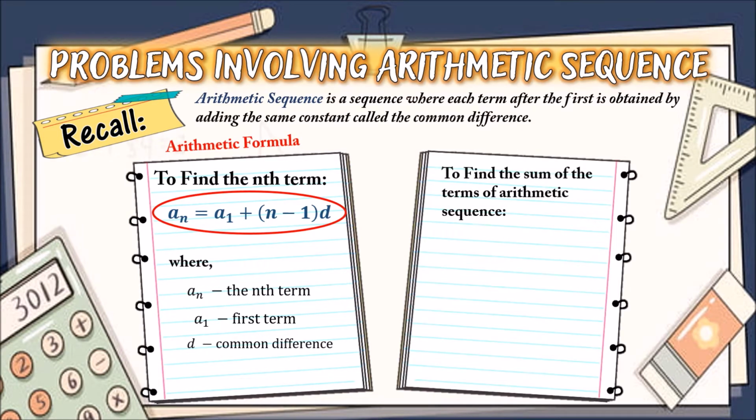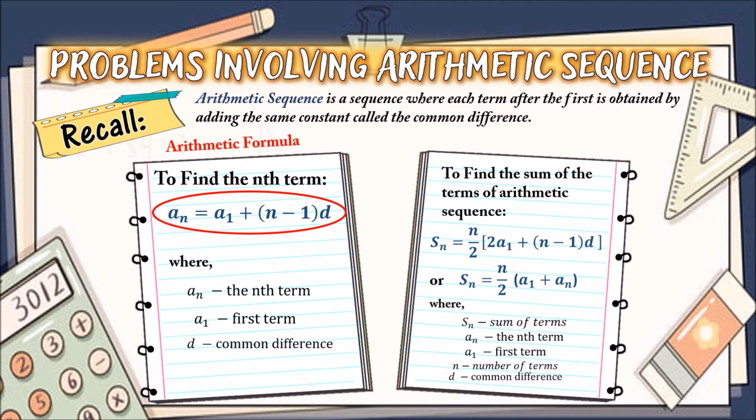So, napag-aralan din natin sa mga nakaraang module kung paano hanapin ang sum of the terms of arithmetic sequence. Meron tayong formula na s of n is equal to n over 2 times the quantity 2 a sub 1 plus the quantity n minus 1 d, or s of n is equal to n over 2 times the quantity a sub 1 plus a sub n, na kung saan si s of n is the sum of terms, si